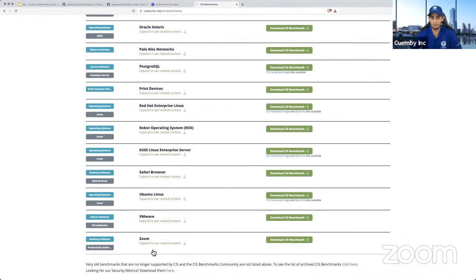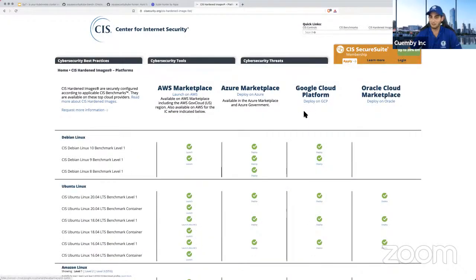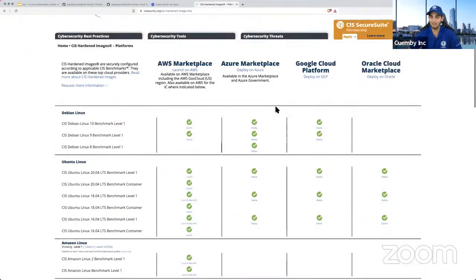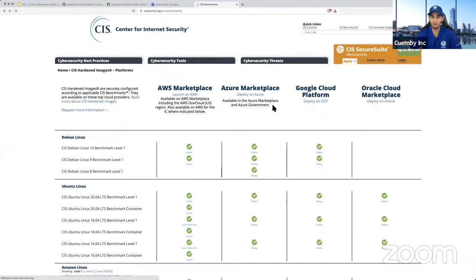Even for Zoom, one of the tools that we're using right now, it tells you what you should be looking into, like for Ubuntu Linux. They even provide you with a hardened image that already has all those security measures in place. It's pretty cool the way this is done, so definitely check it out.